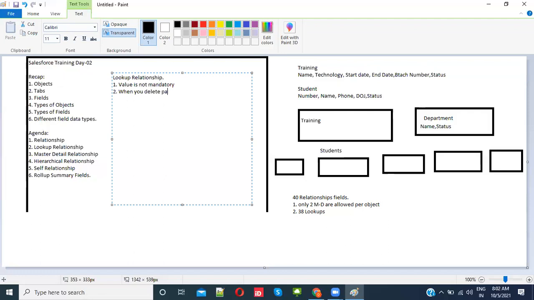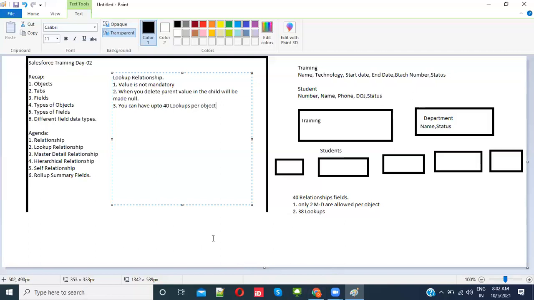When you delete the parent, the value in the child will be null. Also, you can have up to 40 lookups per object.